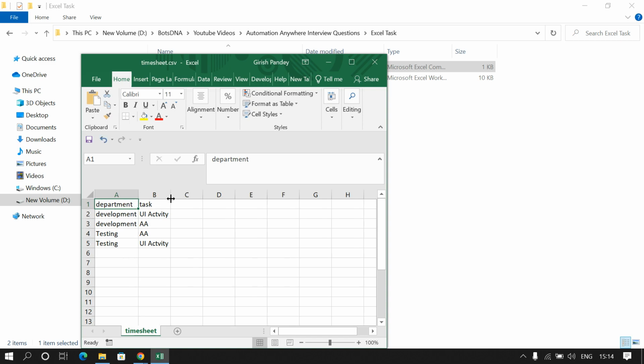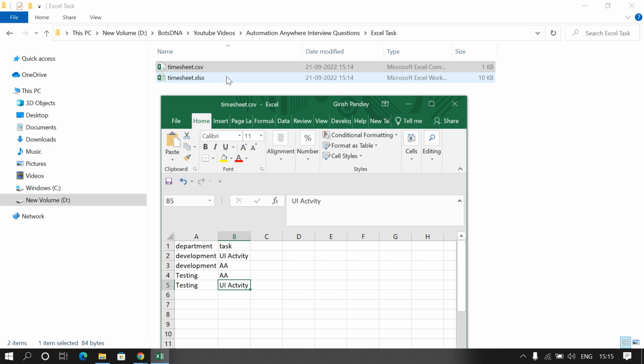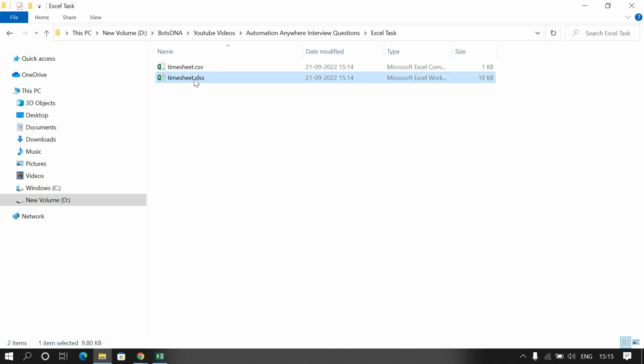So this is the data that we have after manipulation. It contains only two columns, and the data is unique: development UI activity, development A, testing A, and testing UI activity. So now I'll loop this data into the original Excel file, that is the original table data. This data is also contained in a table variable. So I'll loop this data into the original, and if the match is found, then I'll